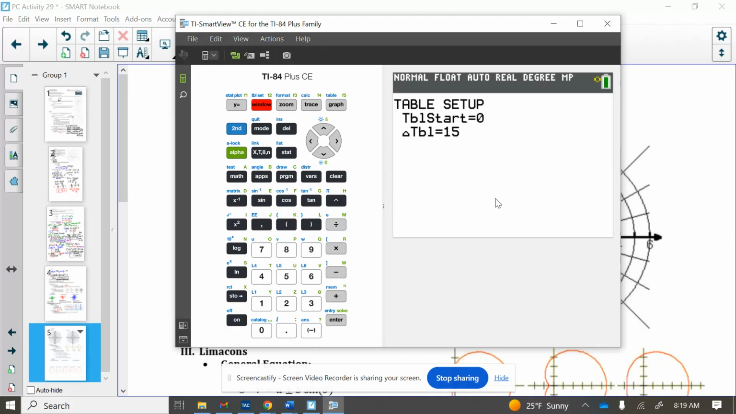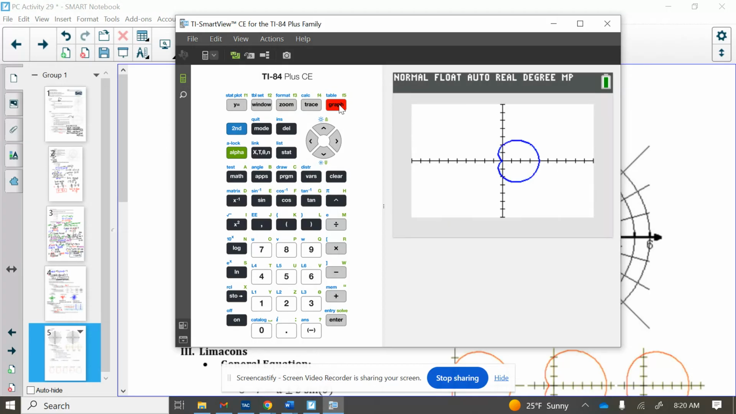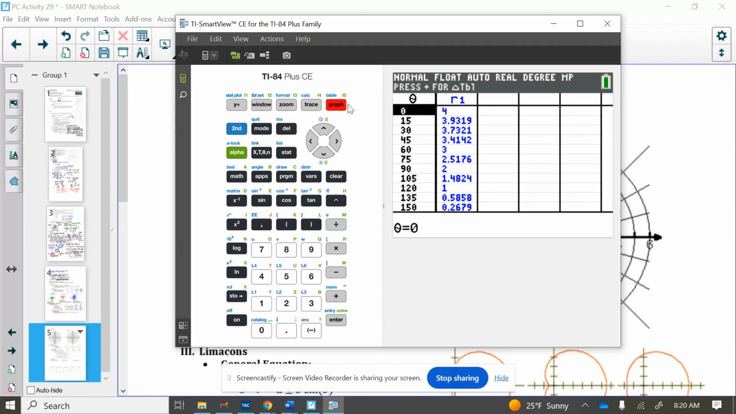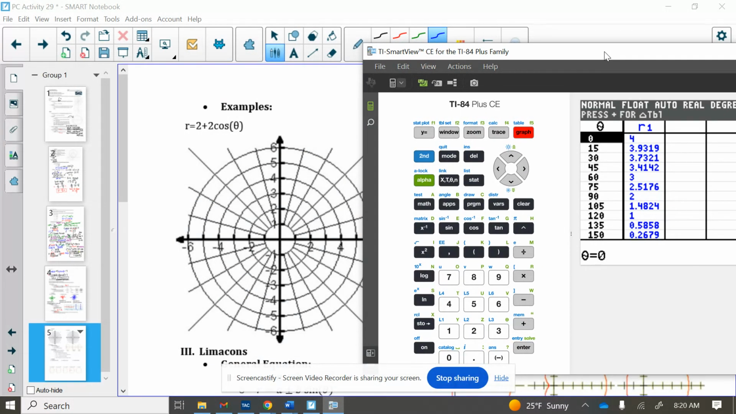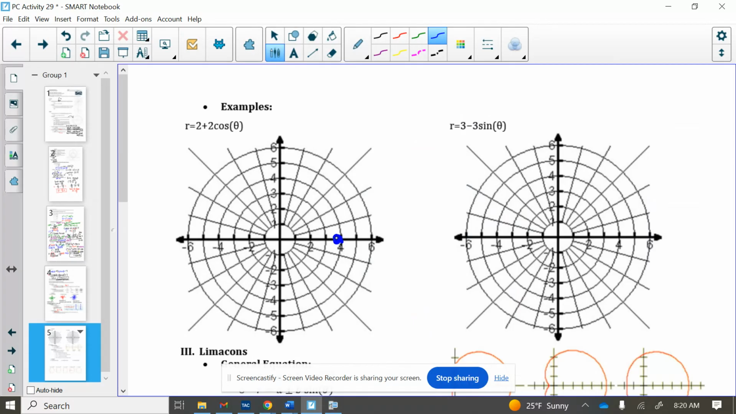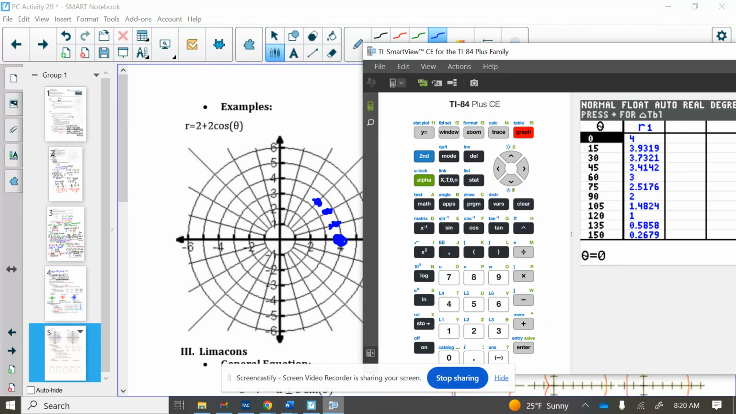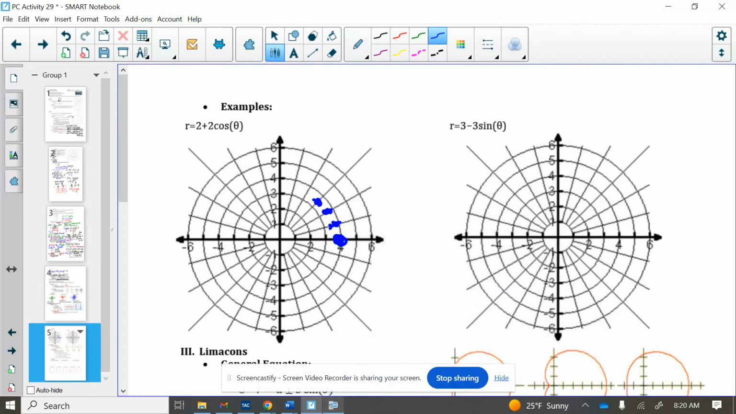And again, you want to make sure your table is set up, starting at 0, going up by 15 degrees for our current graph. So we can see the graph that we have that is symmetric to the x-axis, but we also want to be able to graph this, right? So we would have these points here at 4, 3.9, 3.7. So if we start graphing 4, 3.9, 3.7, 3.4, and then 3 at 60 degrees,